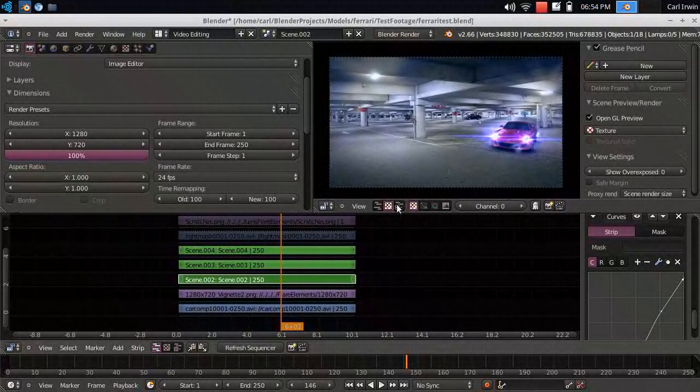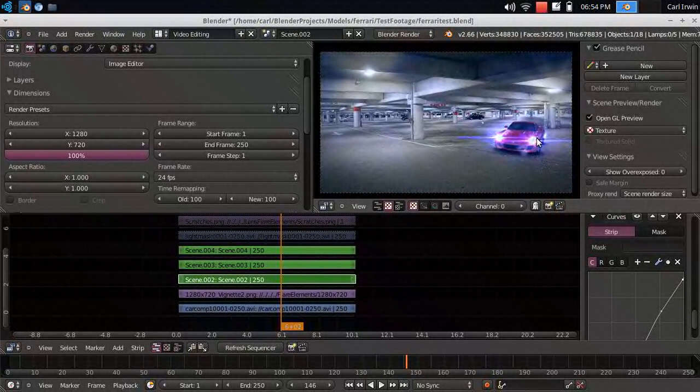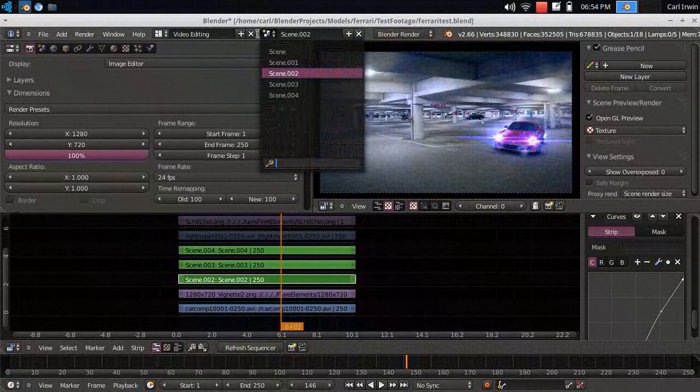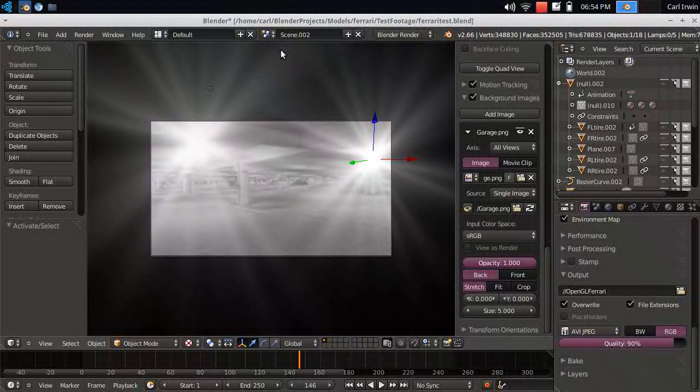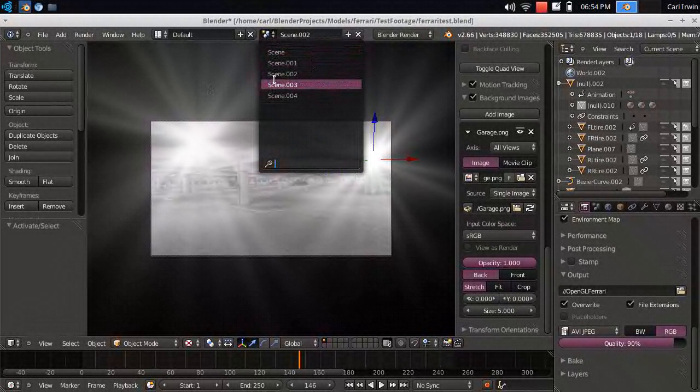Now we're going to apply the exact same kind of process to these lens flare elements that are on the headlights. And the way I did that is I had two other scenes. I did a separate scene for each one of these lens flares, and we'll take a look at that very quickly. So scene 3 is the first one,